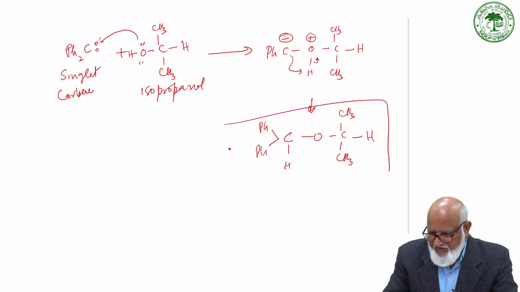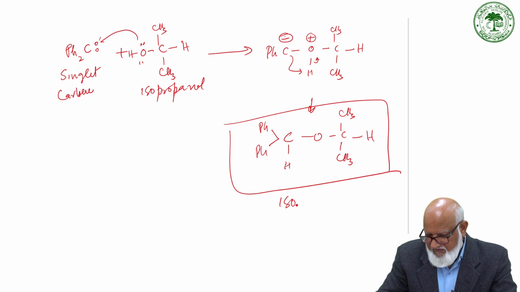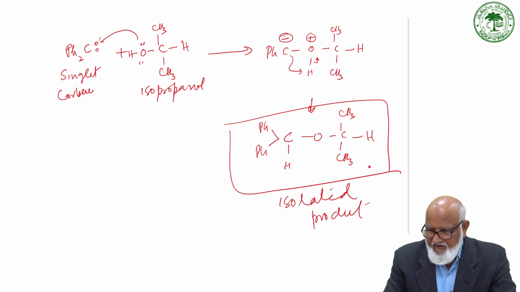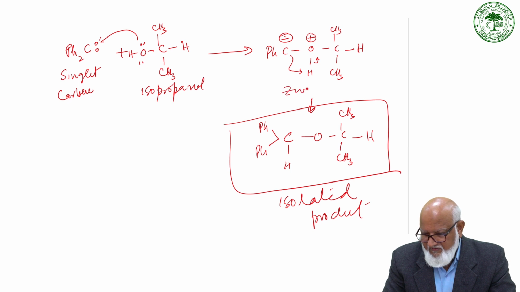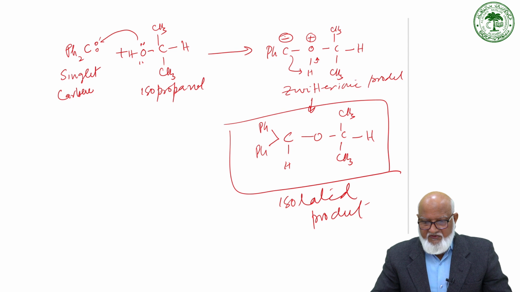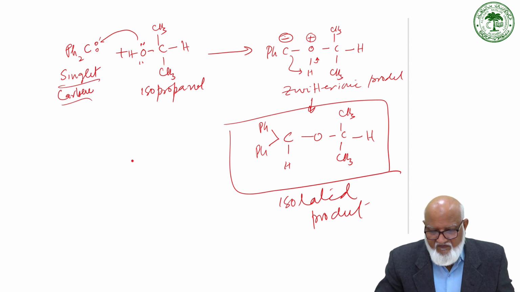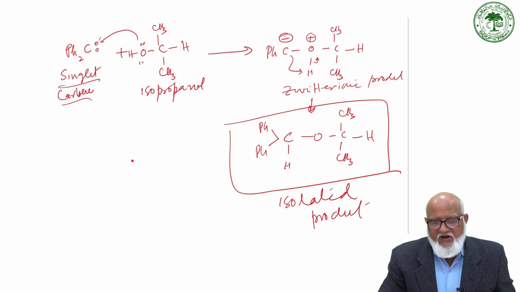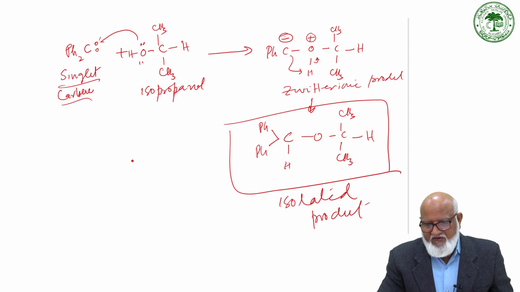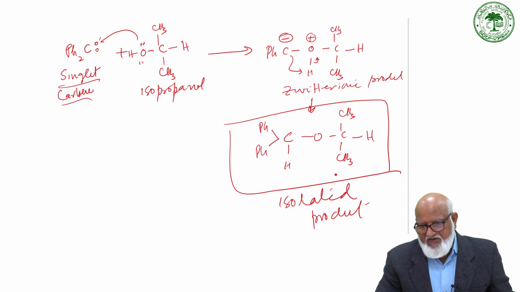This is the isolated product. So here, the ionic product. So you can see that the singlet carbene reacts in such a way that the lone pair of oxygen of isopropanol attacks to give a zwitterionic species, which in turn gives this